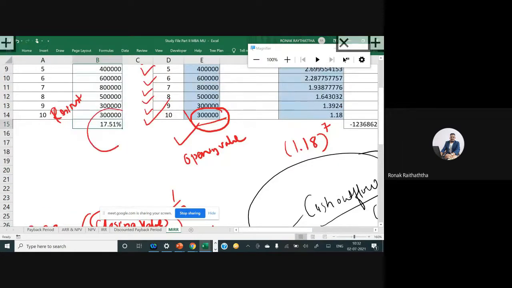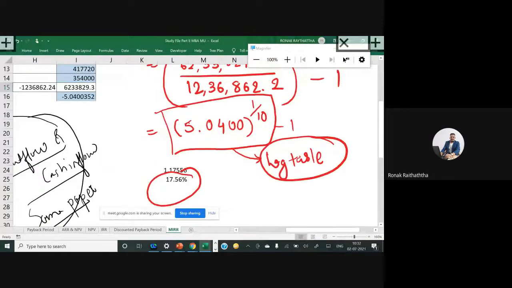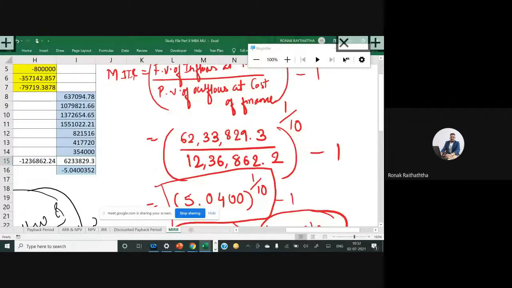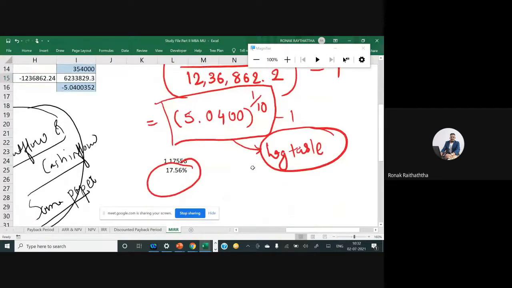Now some of you might be slightly concerned, because when we were finding the MIRR by using the formula of Excel, it was coming somewhere around 17.51, and here it is 17.55. So a slight difference may occur, because here we have taken the compounding and discounting, and then this raised to 1/10 will also be a little bit approximated. So that's why there may be a slight difference between these two answers, but that's pretty much okay.